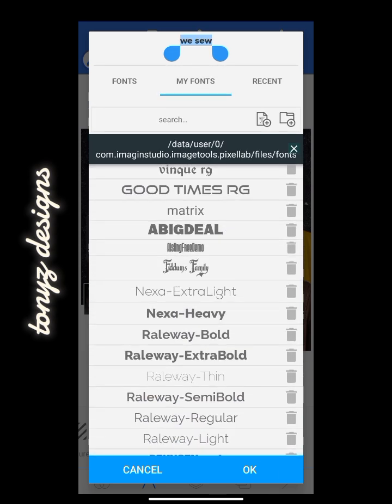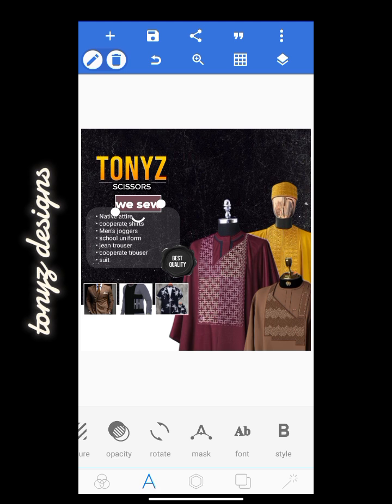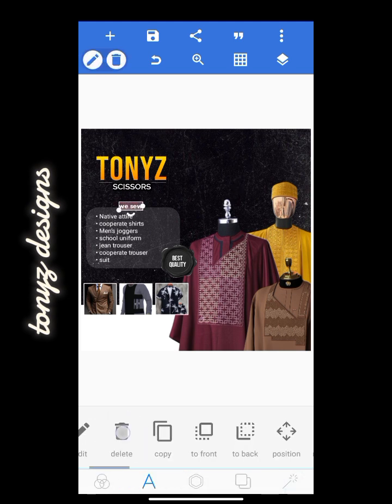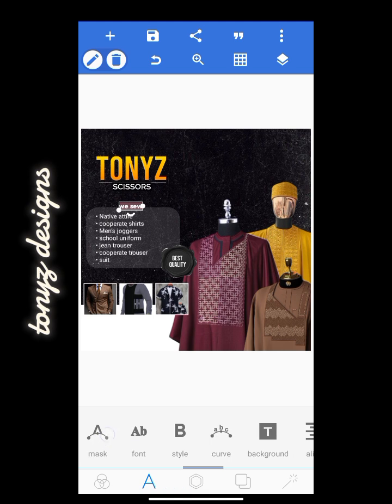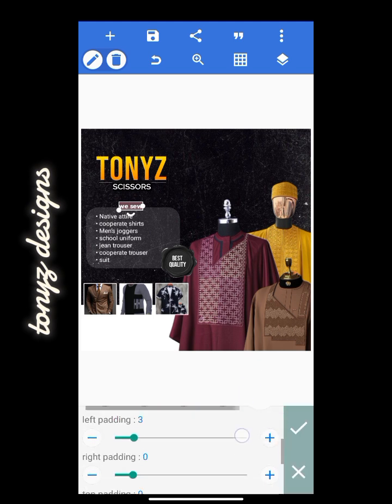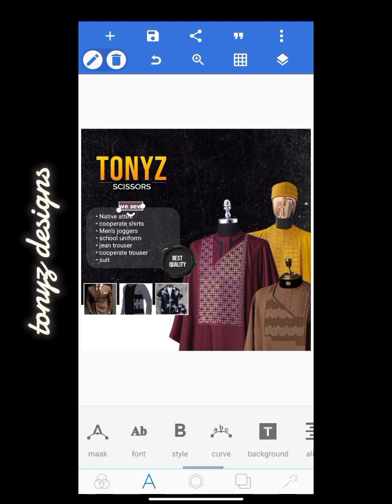Nexa Heavy. And we'll go over to size. We'll reduce the size of this to 20 and use the position tool to adjust this here. Okay, so we'll be increasing the padding also. We'll go over to the background and increase the left and right padding to 3, exactly like this,